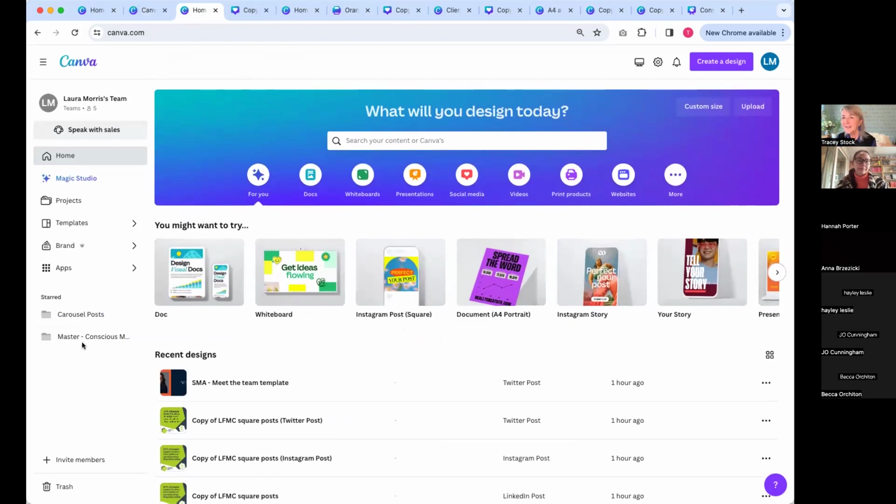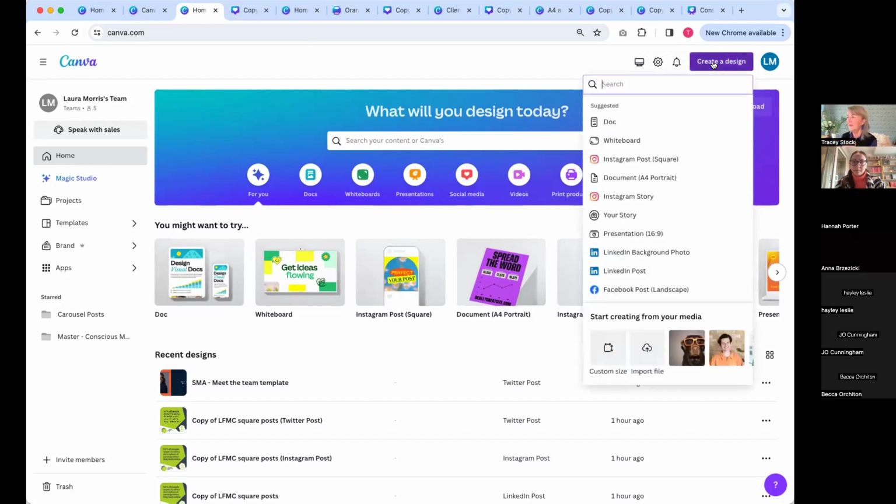So yeah, that's all of the things we've got. It's quite simple here. Everything is up at the top: download the app, different settings. I've not played around with too many of the settings and notifications. Create a design. This is quite a regular button for me. I click on here and think, right, what am I going to do today? Maddie has asked me to do an Instagram post. It's a square one, but she wants it for LinkedIn and Facebook and things like that as well. So I'll click on here and it'll give me